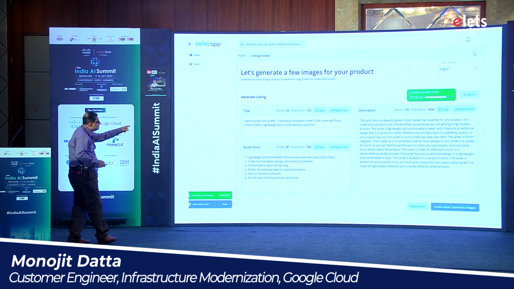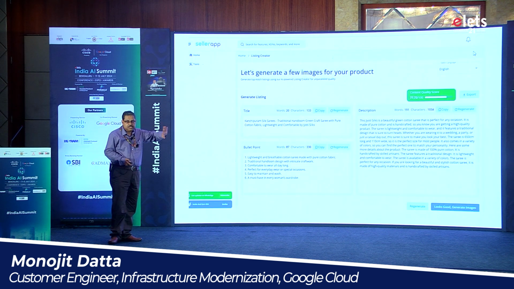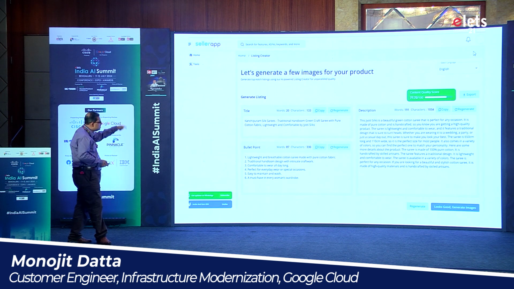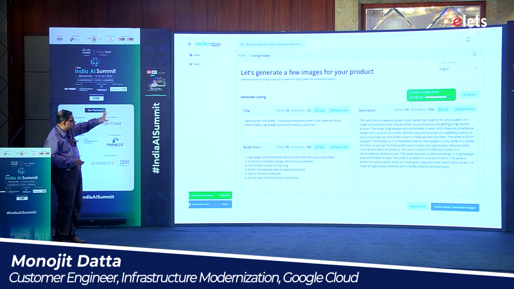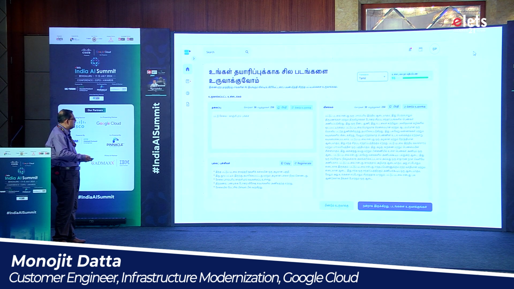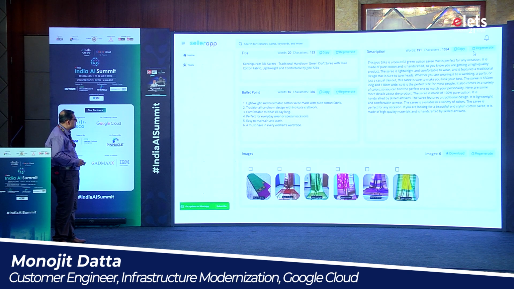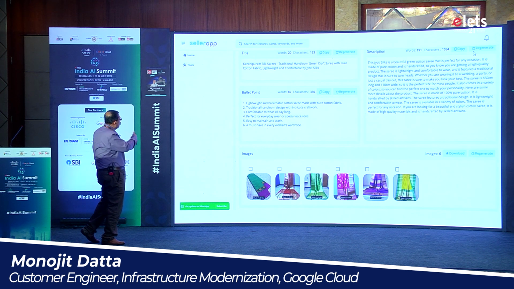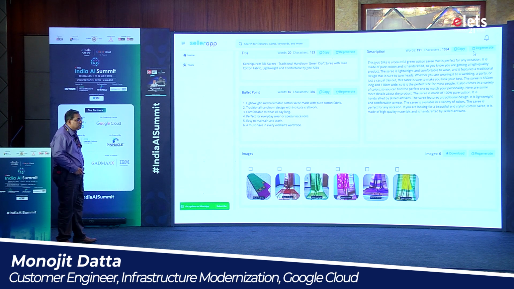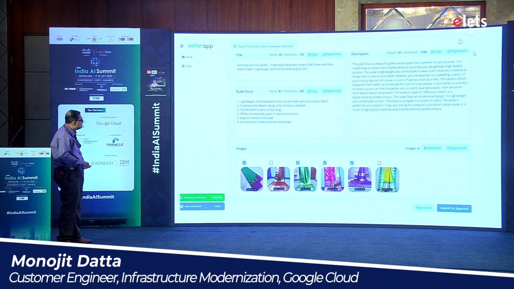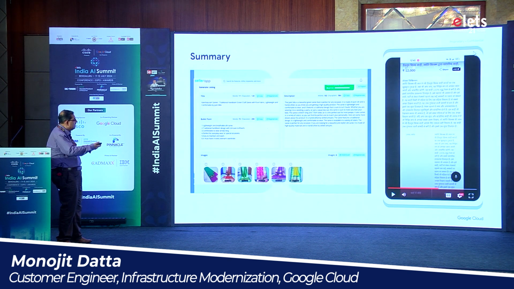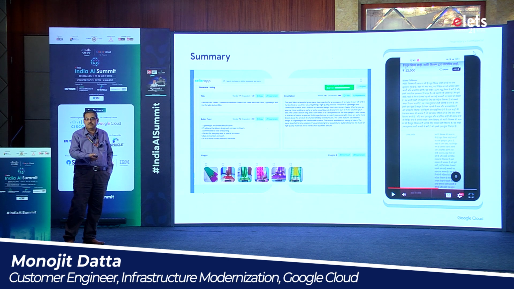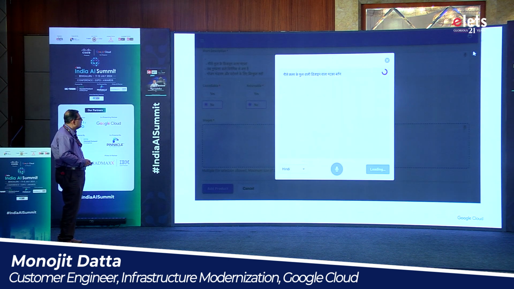So all the descriptions are generated in this format. She doesn't know anything about it, right? She's just clicking a button. She also gets a score showing what her catalog would look like. And then she can view it in her own language. Now she can create additional images for her catalog, and choose which of the images she wants. Finally, she submits the catalog. So now her entire product becomes visible with just 4 clicks of buttons, which was not even there before, right?